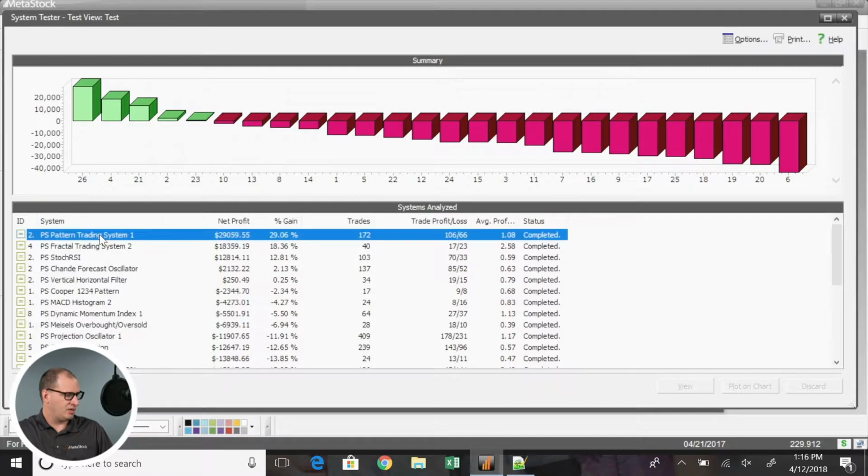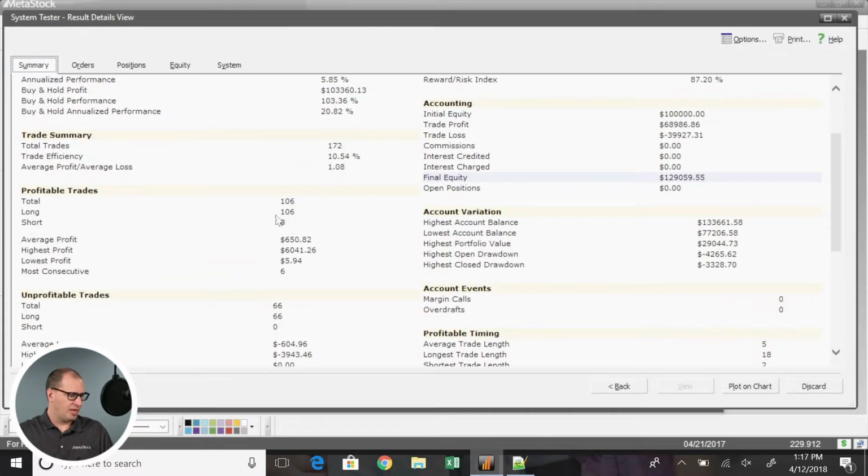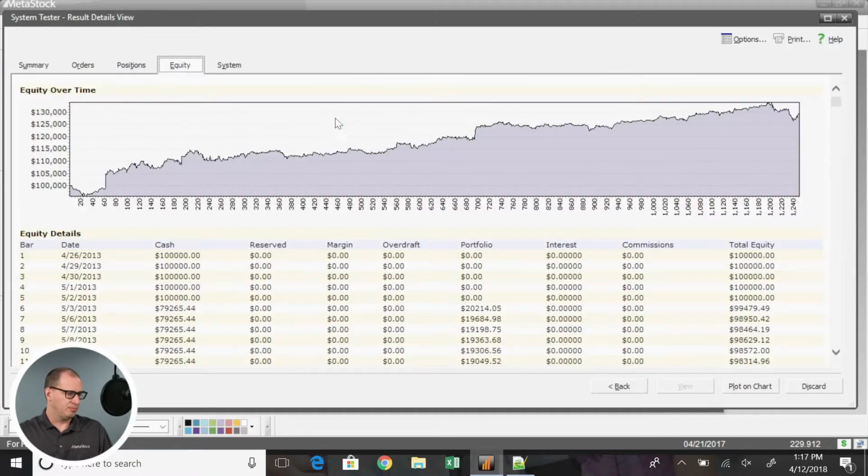And you'll see over here on the left that we actually have our system. So I can see this PS Pattern Trading System 1 was the most profitable over time. It had 172 trades, 106 winners with 66 losers. So that sounds pretty good, but let's dive in a little bit more, get a little bit more detail here. So we had 106 winners. There's my average profit of 650 and highest profit of 6,041, average loss of 604, with the highest loss of 39.43. So what I want to do here now is just jump right to my equity line